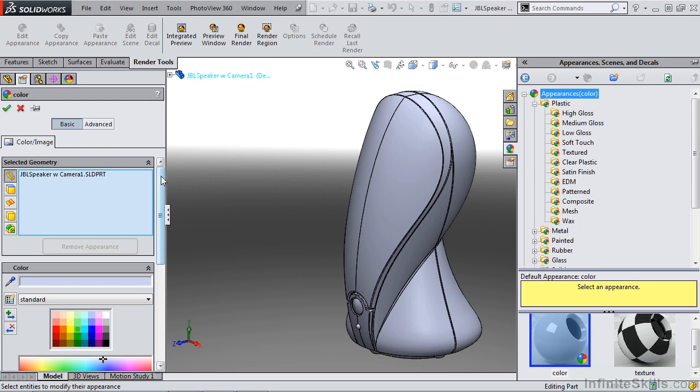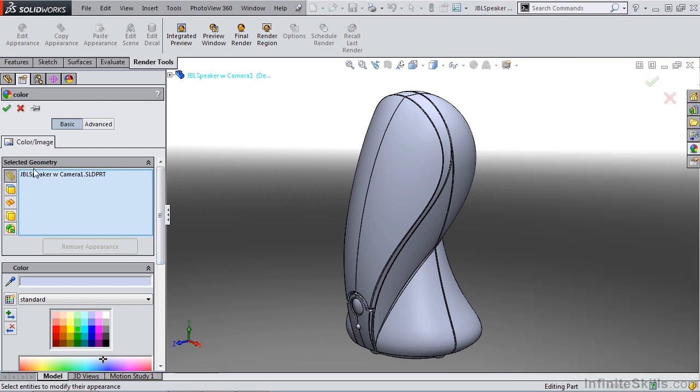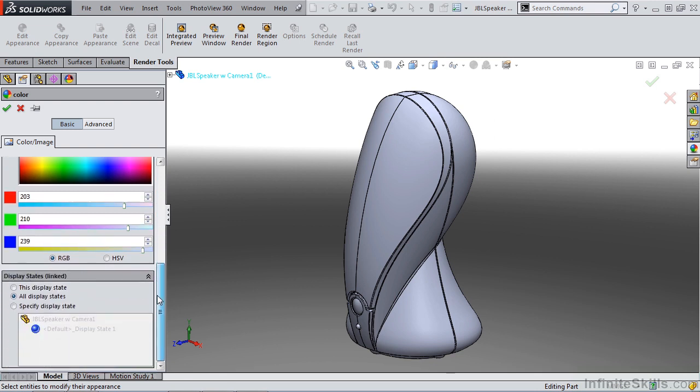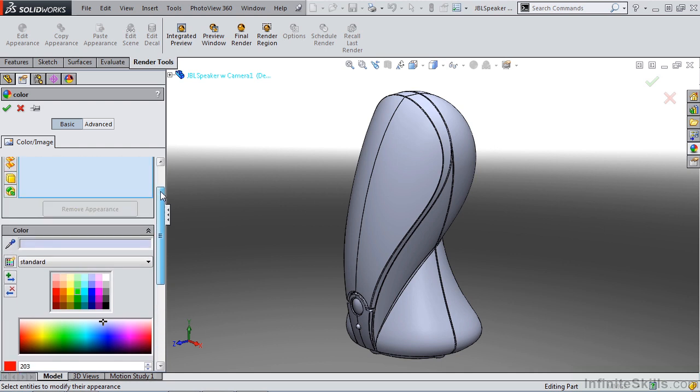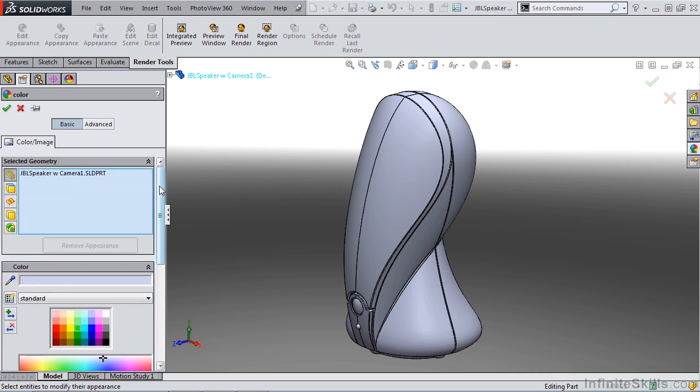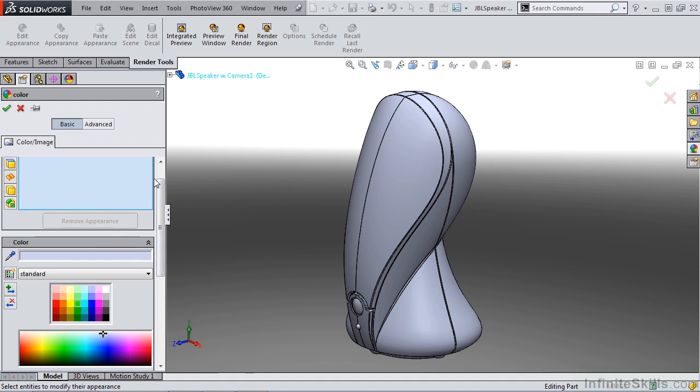The first section is color image. We have our selected geometry, which is the entire SOLIDWORKS part. Then we have a color section, and below that, we have display states. Now, display states we'll talk about in another video, but I want to focus on the difference between basic control and advanced control. Inside of basic control, we're grabbing a material from our material database, whether it's high gloss plastic